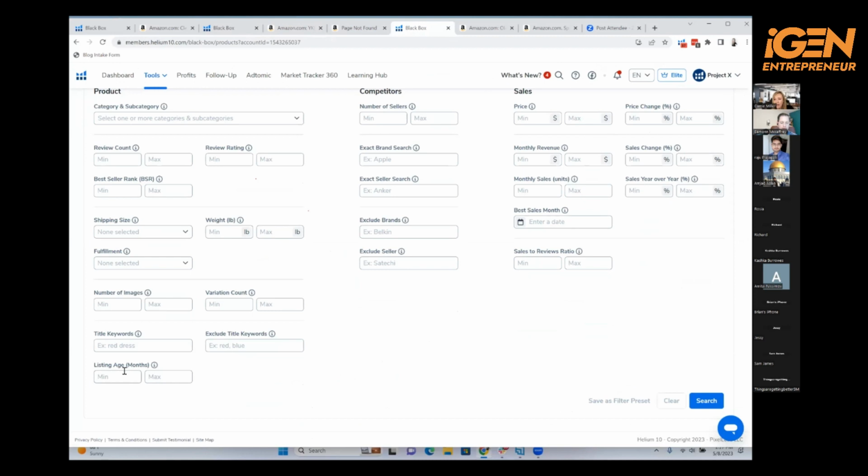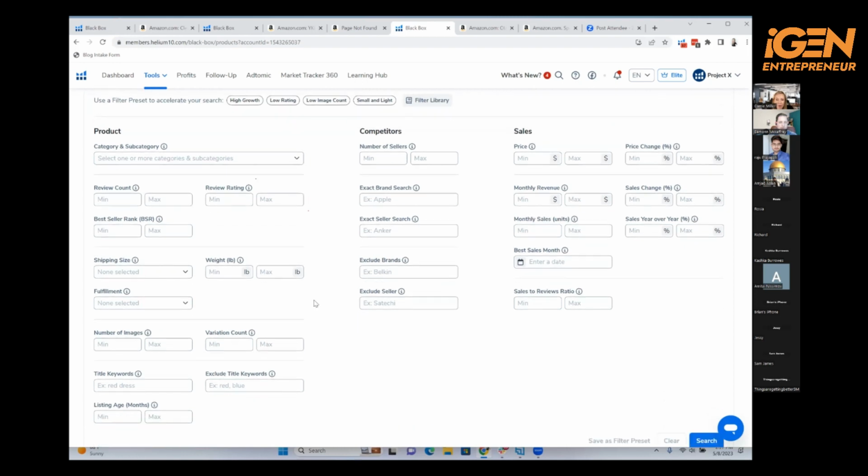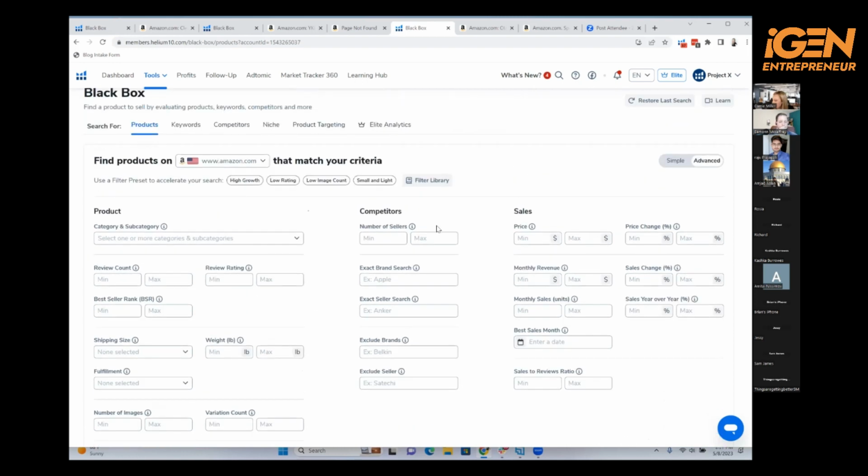So maybe you want to see things that are trending. I know some people who like to sell trending items. Maybe you want to see something where the listing age is a maximum of like 3 or 6 months. You could see things that are kind of newer. So that's a really great way to find trending products, things that maybe not a lot of people have seen yet. Definitely play around with that as well. But I know I'm kind of going down in time, so I want to go into keywords,